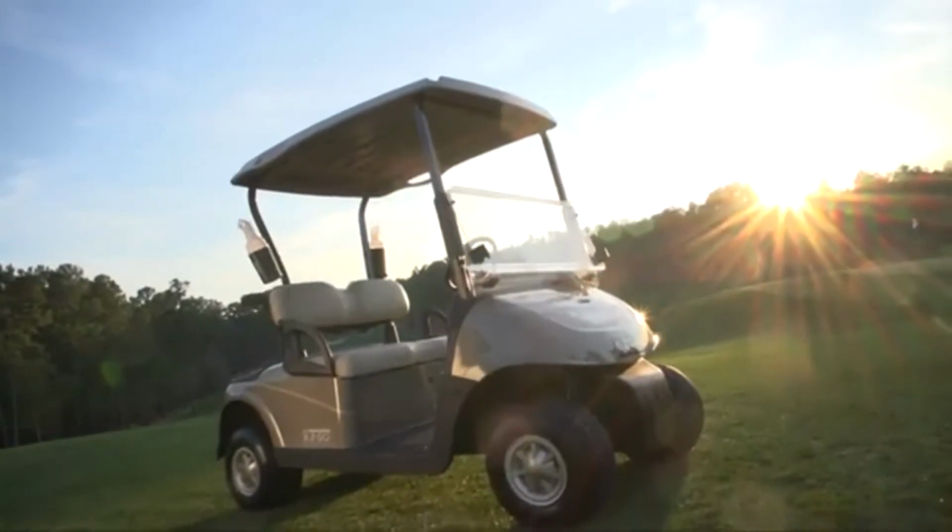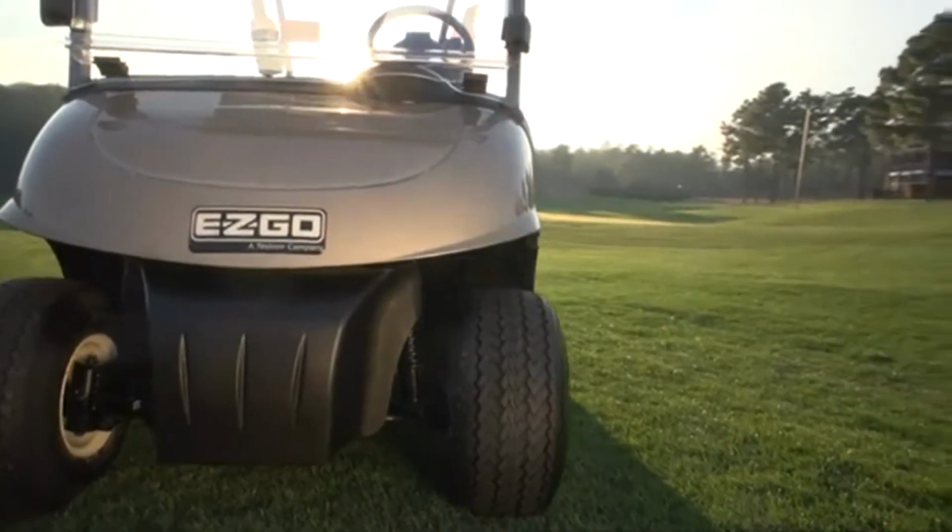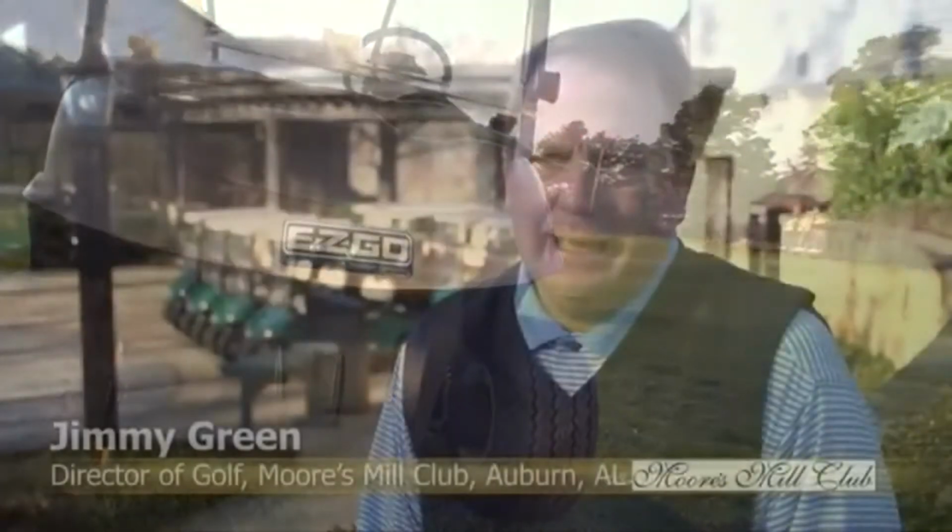Regardless of the competitors, we've had everybody in here. We've looked at all the carts, and for us, it wasn't even close. Everything that we look at, when we get things across our desk as a golf professional, budget is huge. Where can we save money? Where can we do this and stuff like that? And then when the RXV came across our desk, you look at it and go, well, it costs more than the basic